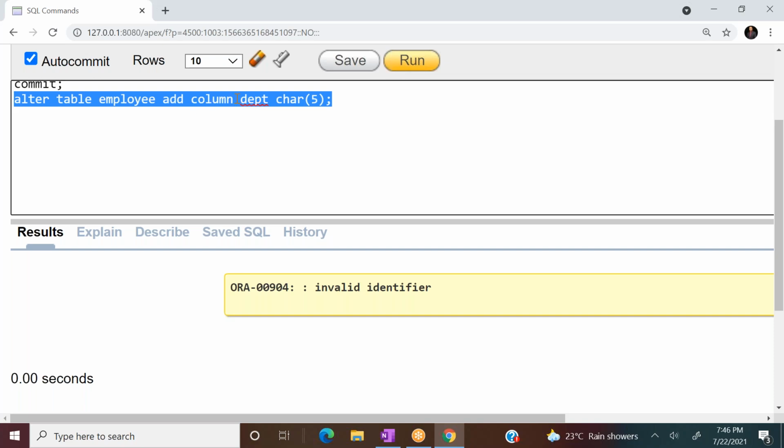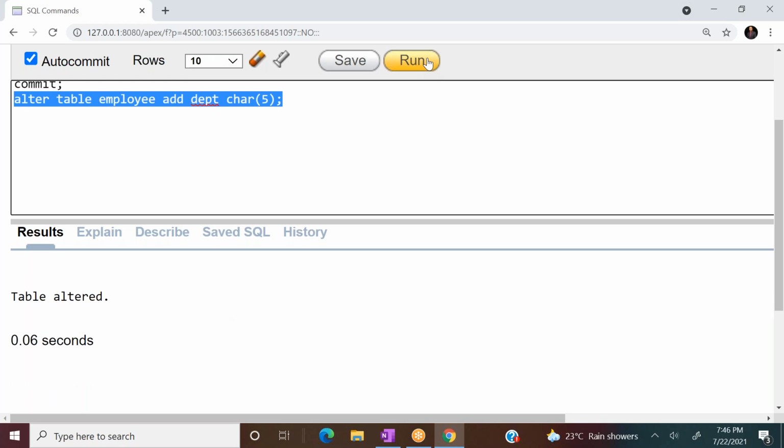Invalid identifier. One minute. Just remove the keyword column. Why? Because in version changes also it is getting a problem. In the older versions, it requires the column keyword, ADD COLUMN.